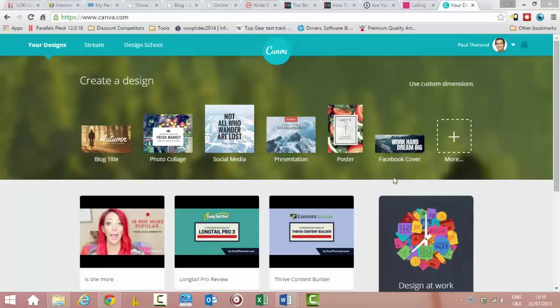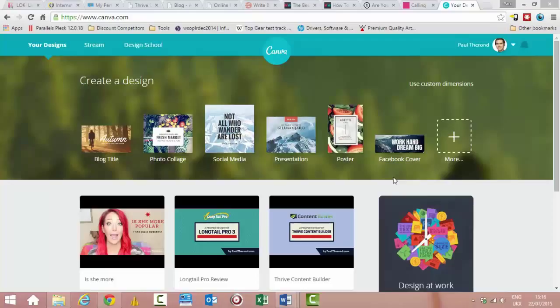And Canva is something that I've been aware of for a while. I probably first found out about it about 6 months ago, maybe a little bit longer, just on the iPad actually. It was an iPad app and it was a recommended app on the Apple Store. And I played around with it on the iPad, and I thought to myself at the time, this is really